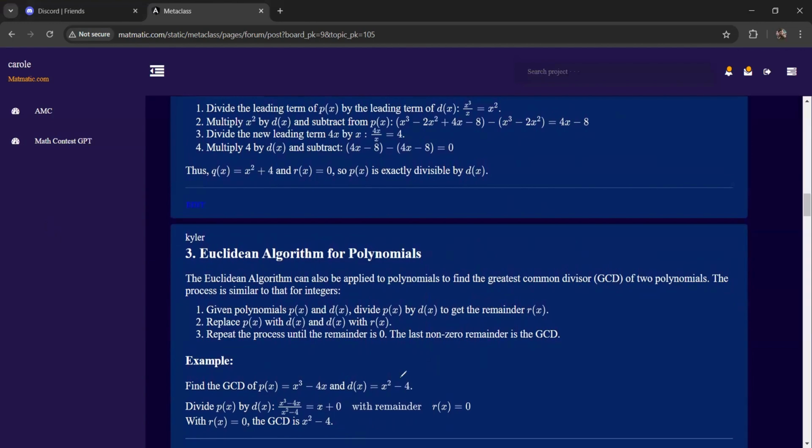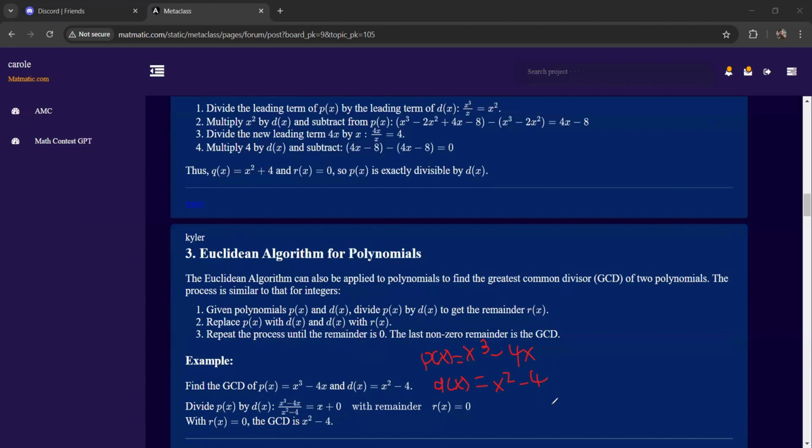This is just x to the power of 3 minus 4x, which is p(x). And d(x) is equal to x to the power of 2 minus 4. So here we have our